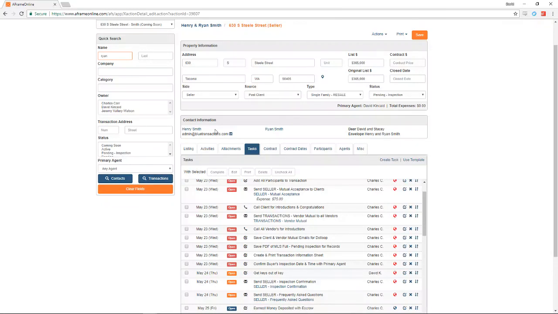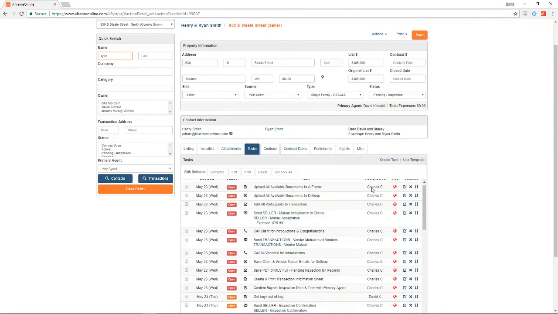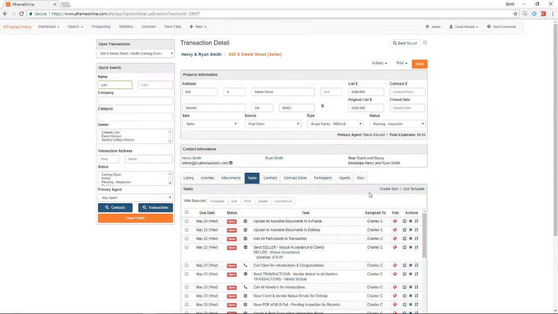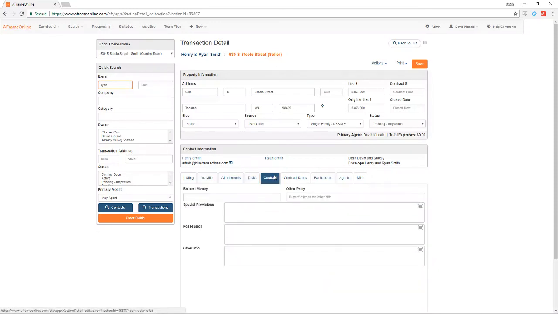As we mentioned the other day, and as we'll see again here soon, you can add a task to the transaction from your dashboard or directly from the transaction itself. Moving on, though, to the contract tab, this is where